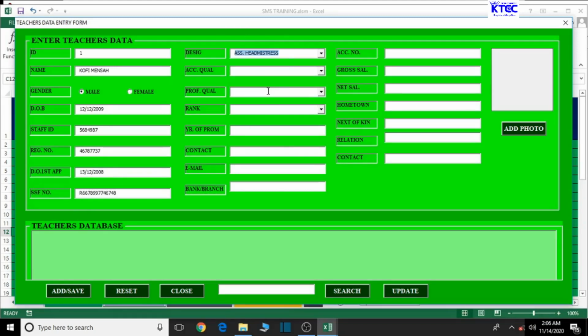Designation this, academic qualification this, professional qualification that, rank, I'm just selecting anything, year of promotion 2005,